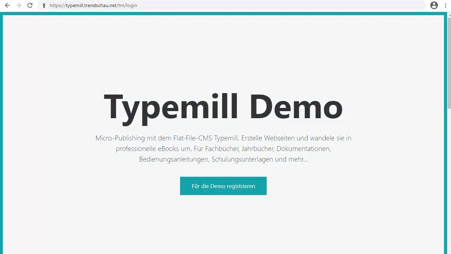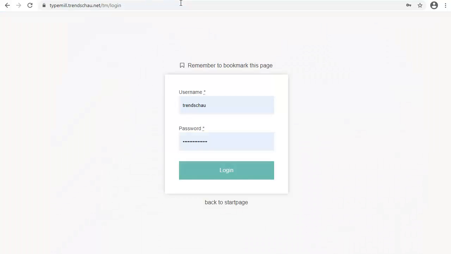In this tutorial, we're going to run through the process of creating ebooks in Typemill. There is one change, however. In this tutorial, we'll be using the Chrome browser instead of Firefox, since the technology to generate ebooks currently only works in Chromium browsers. Let's start by going to the login page, which you'll find at